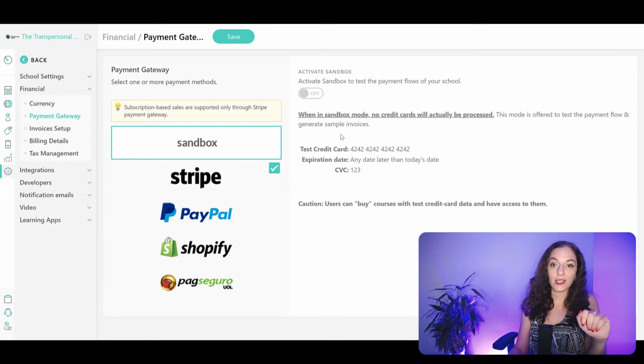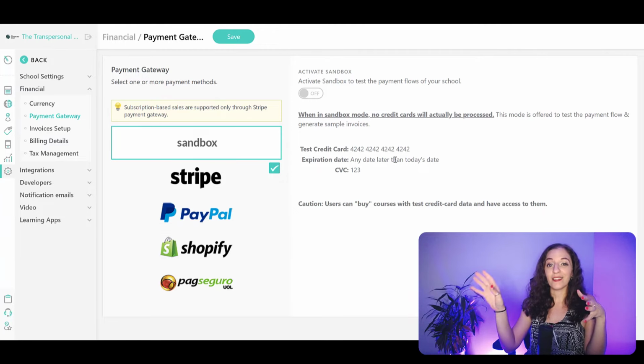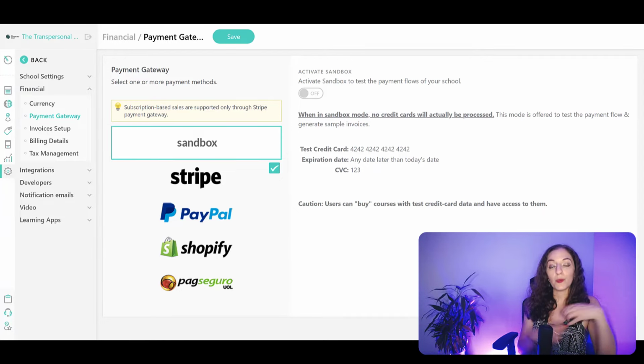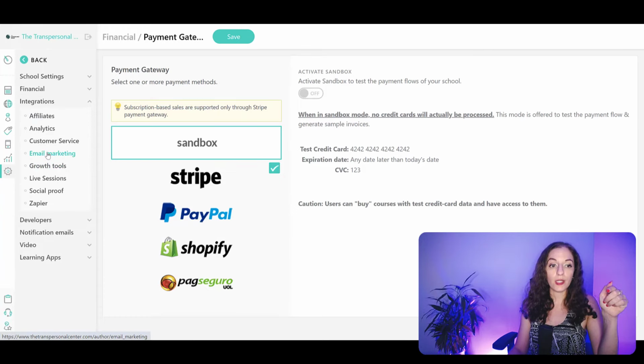You just need to activate Sandbox, as they call it Sandbox, because you're playing and testing things out. And they give you these test credit card numbers to go ahead and make that purchase so you can see what it looks like. Typically, you would have to do this with some really complicated processes through PayPal and developing a Sandbox account and all this stuff. So I really like that they have this feature and it's easy to use from within the Learnworlds site. And if you are offering subscriptions or memberships, basically a recurring payment through your school, you will need to integrate that with Stripe.